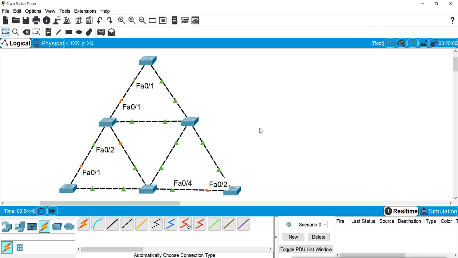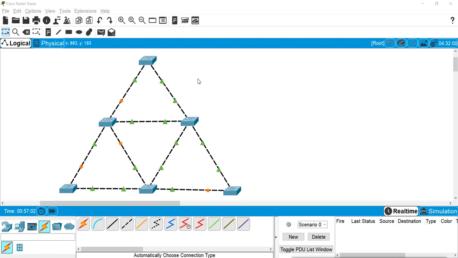Now if we try to guess which switch can be a root bridge, we have to check which switch has all the ports enabled. Whichever switch has all the ports enabled, maybe that will be the root bridge, but we cannot say it surely, so we can check by using the command.